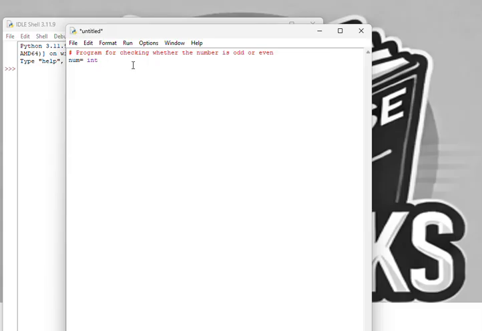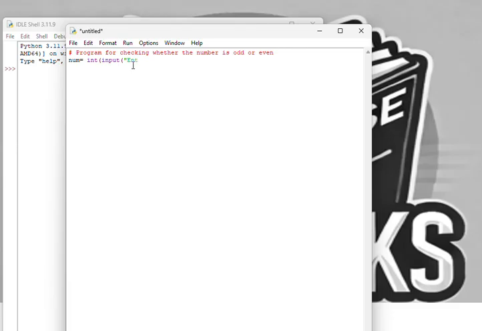So int is a function which is going to convert the value taken by the system for the input command. All the values which you enter are taken as string. So to convert string into int, I need the function int. So int input, and inside the parenthesis and inside the quotes, write the message which you want to be displayed on screen while entering the value.